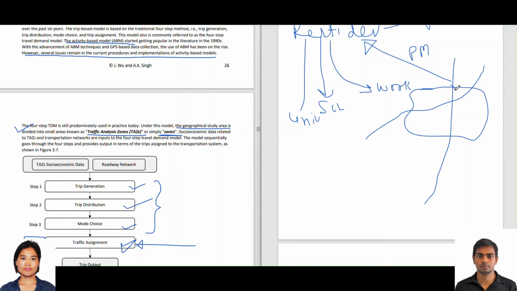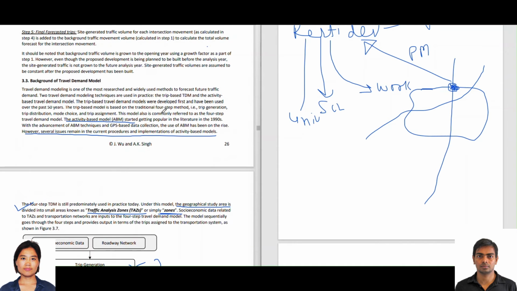So these are called external locations or external zones, which produce and attract traffic as well. So these are external trips. So out of non-external trips, the maximum number of trips generated in a TAZ or in between the TAZs are